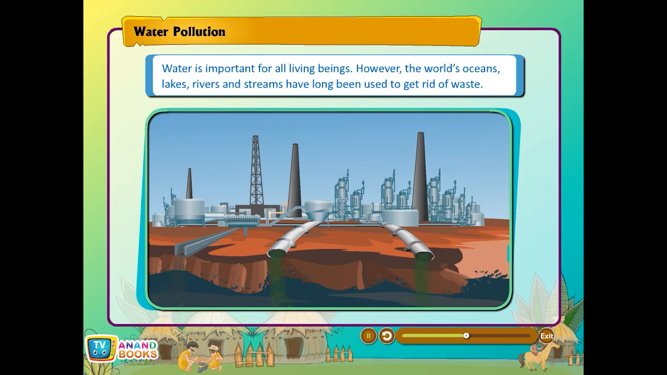Water pollution. Water is important for all living beings. However, the world's oceans, lakes, rivers, and streams have